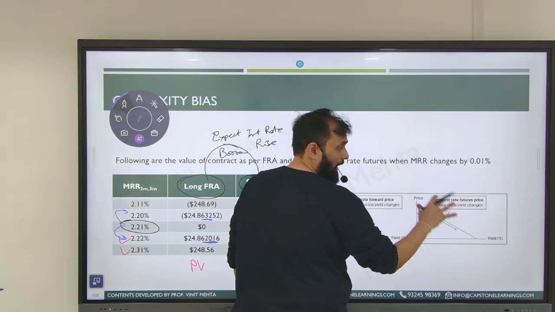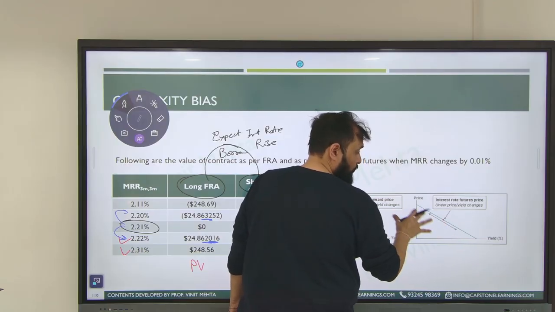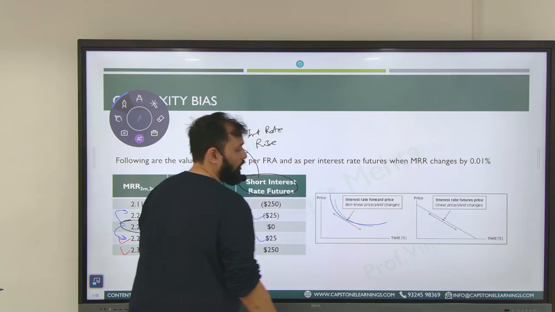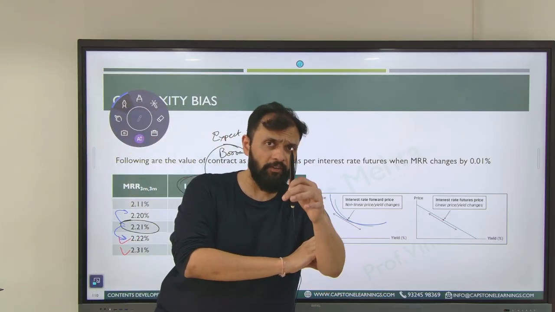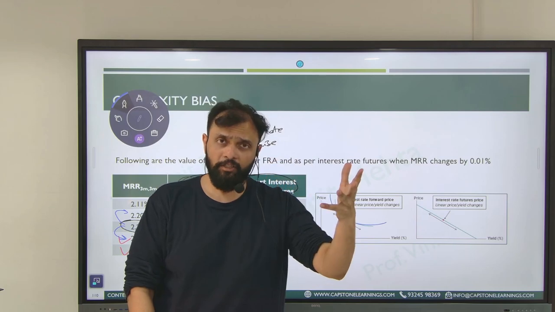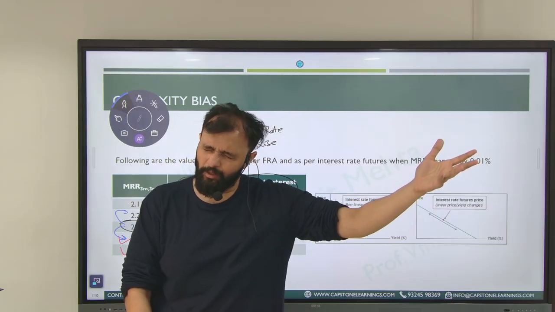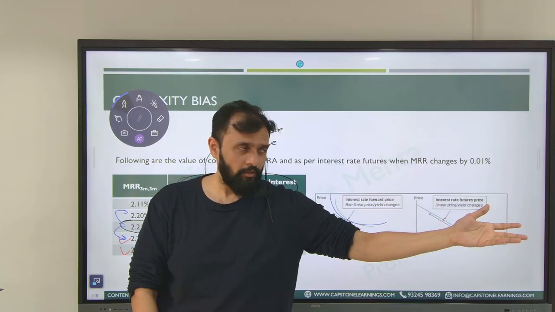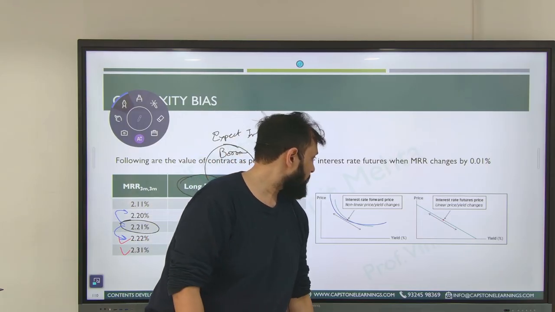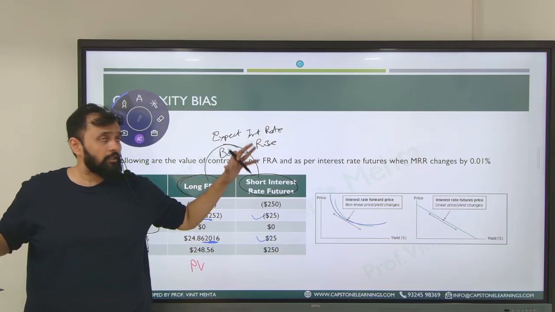So the value of the interest rate future changes in a linear manner when the yield changes. But in case of an FRA, it represents the convexity bias. So here's the statement: the change in the value of an FRA is convex to the changes in the interest rate. But in case of interest rate futures, it is linear. So that's pretty much what convexity bias is talking about. And we are done discussing interest rate futures.